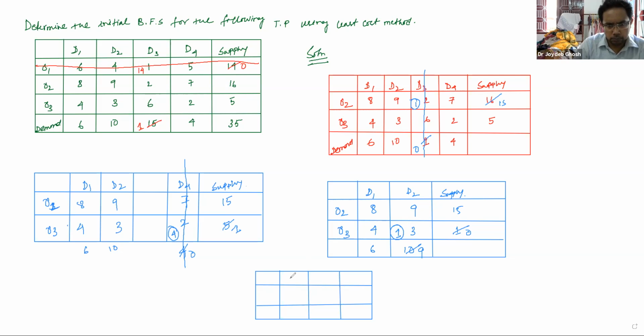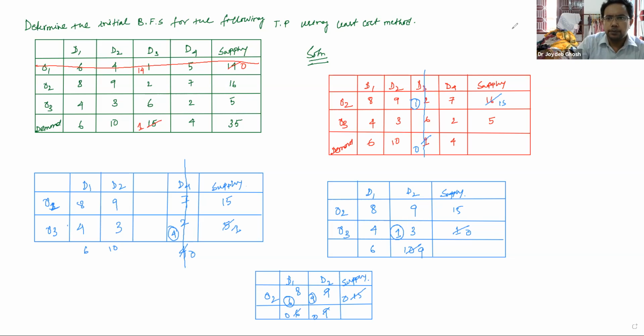D1, D2, supply. O2, this is 8, 9. So what is given? This is 6 and this is 9. So we are supplying 6. So this becomes 0 and we are supplying 9. So sorry, this is the chart. So this already became 0. So this is altogether our